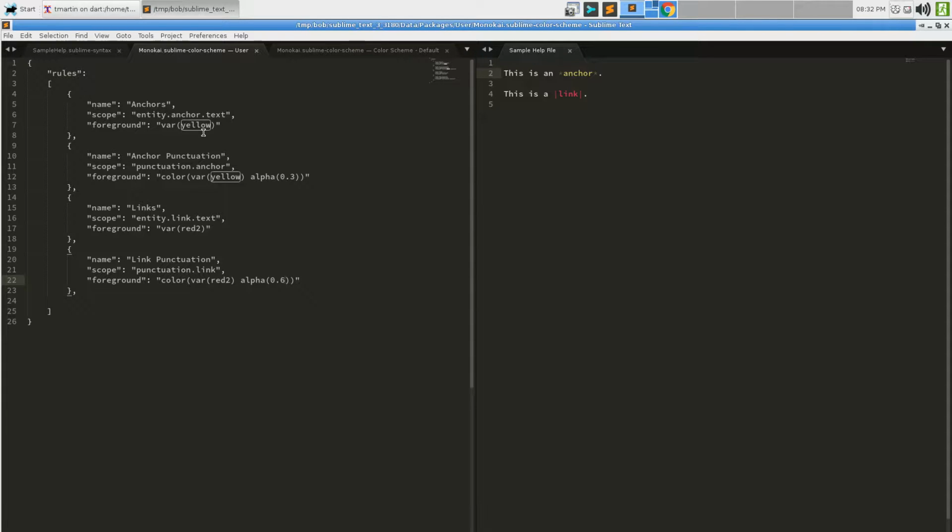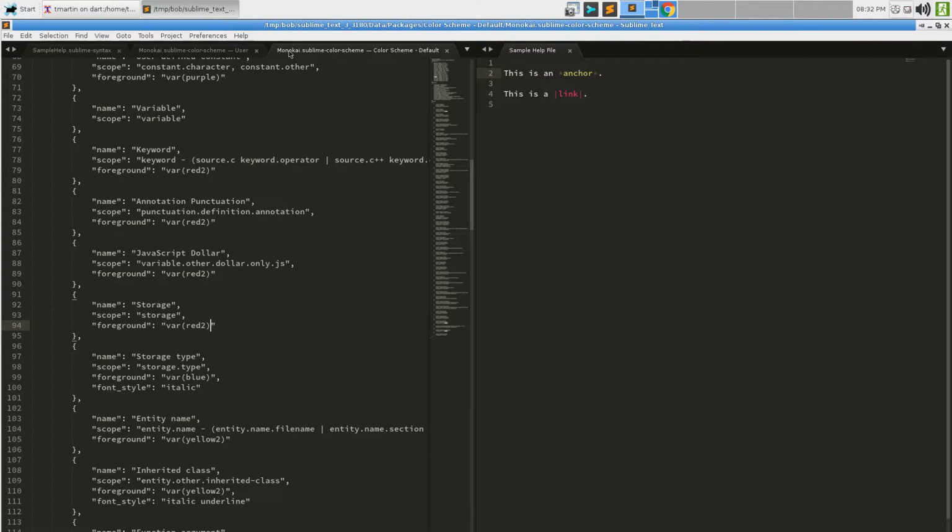These are the sorts of things that are judgment calls. If I decided that by following the specs, the scopes should be entity.anchor and entity.link because that's what they are, and these aren't names per se, they're the texts of those things, then the fact is that if I didn't create these rules, they would never be syntax highlighted.